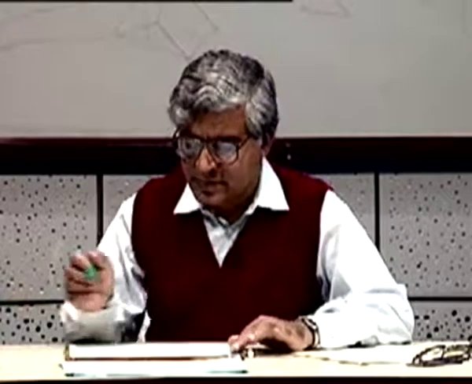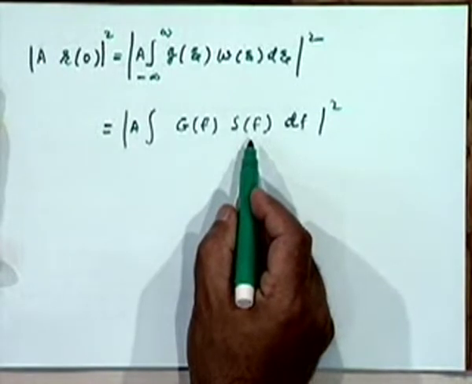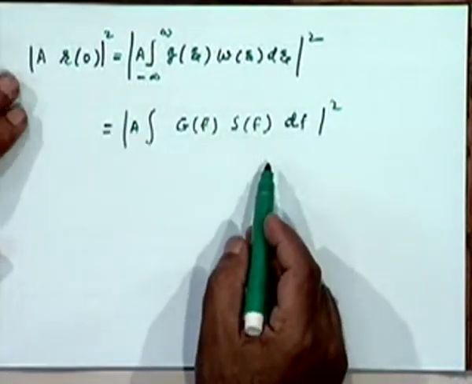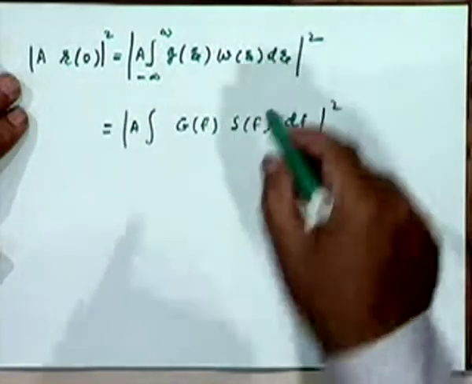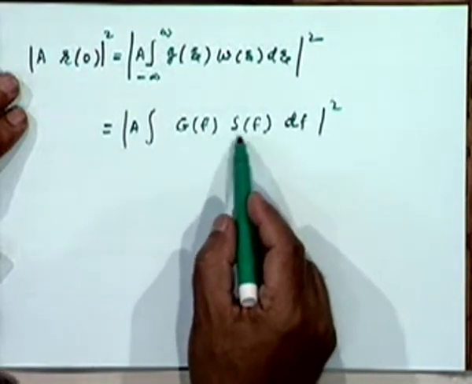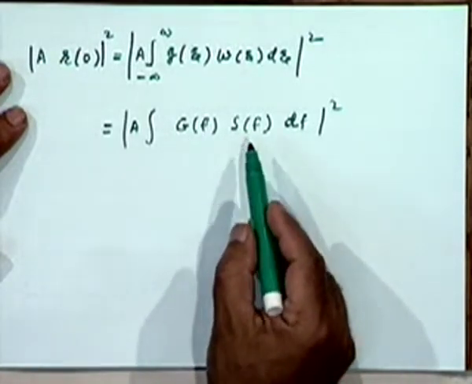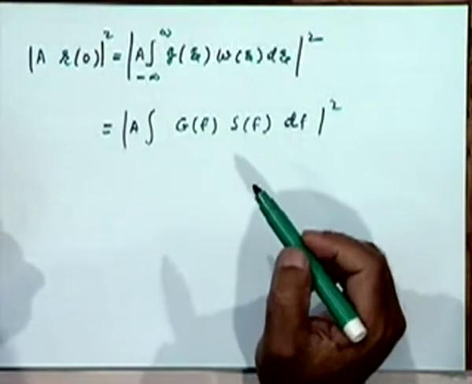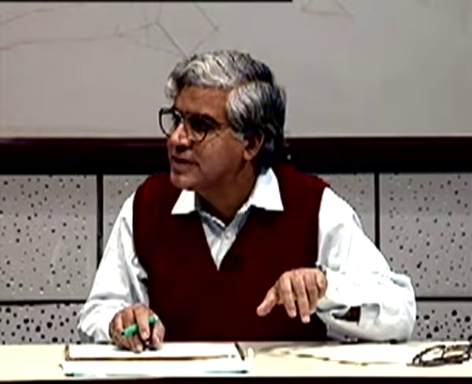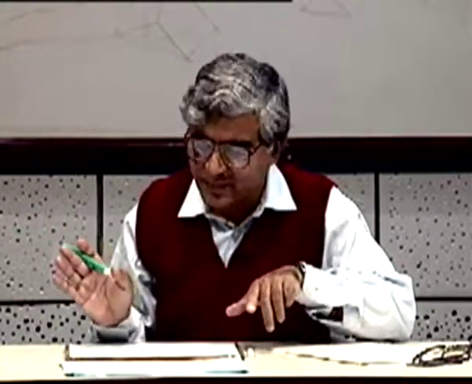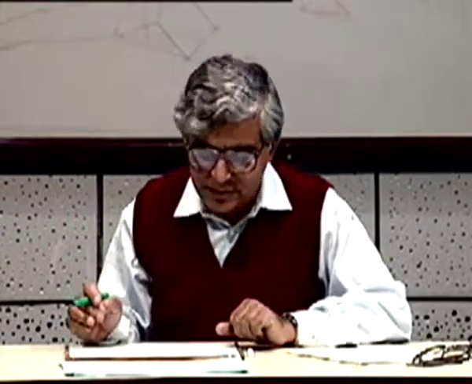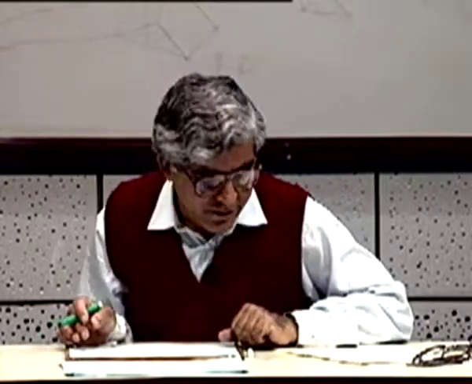How? Input is s(t), whose Fourier transform is S(f), right? Let me tell you a one line method of obtaining this result without having to go through all those steps. Input is S(f), output is obviously this G(f) into S(f), right? And in the time domain, the output is the inverse Fourier transform of this, which you are evaluating at t equal to 0, right? So that e to the power term becomes 1. So essentially you get this answer. Okay. So even without using Parseval's theorem, you can obtain this result precisely in one line if you do things properly.